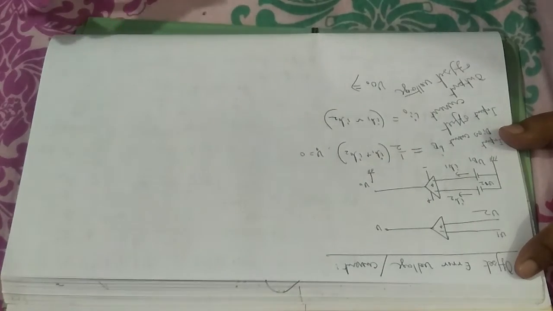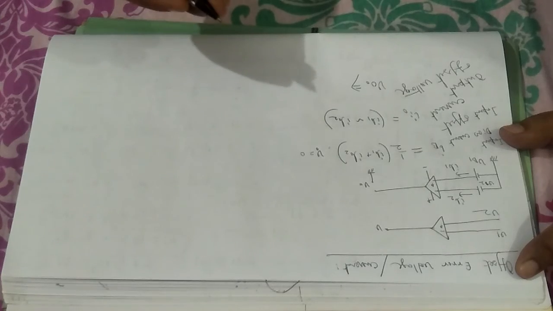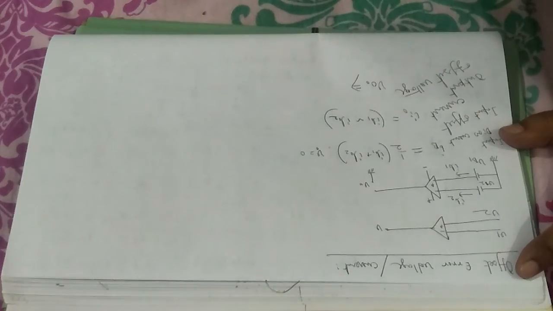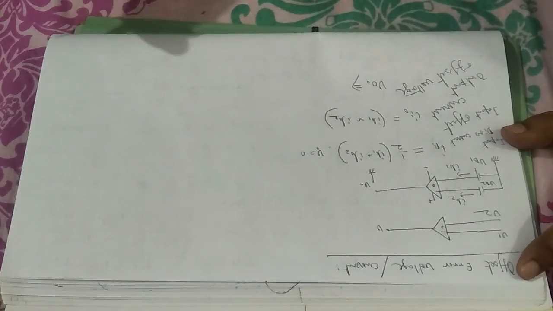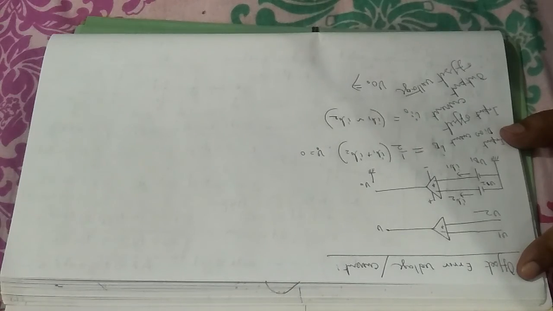So let me conclude here. In this video we have characterized and seen the different components in respect of current or voltage which are related to the op-amp, with one example of op-amp being IC741. And now we will look towards the applications of op-amp, starting from inverting amplifier, non-inverting amplifier, and so on.